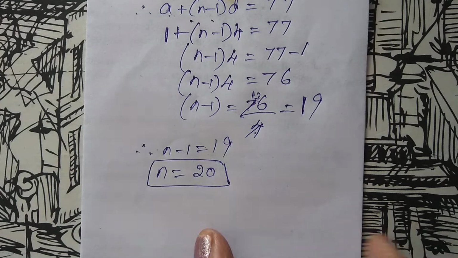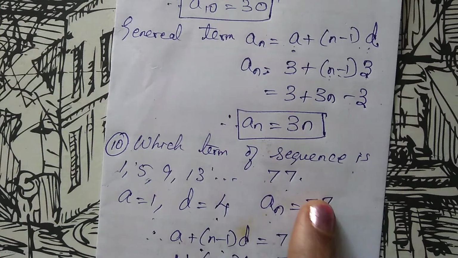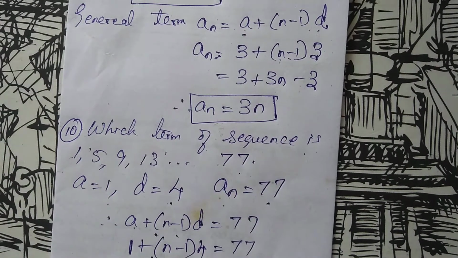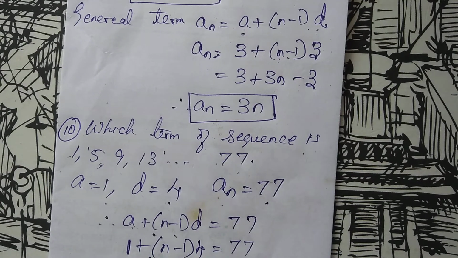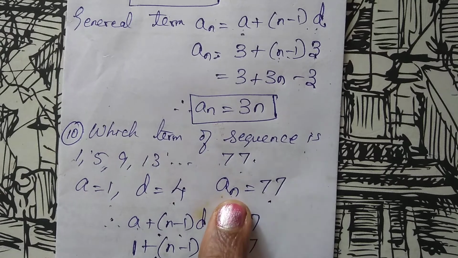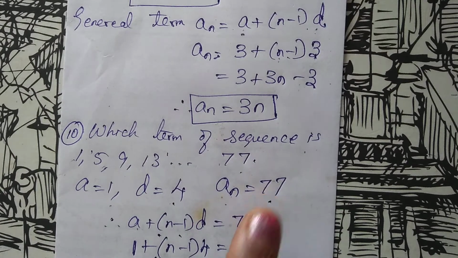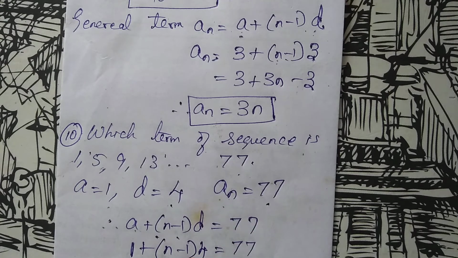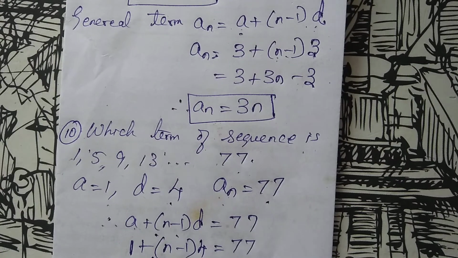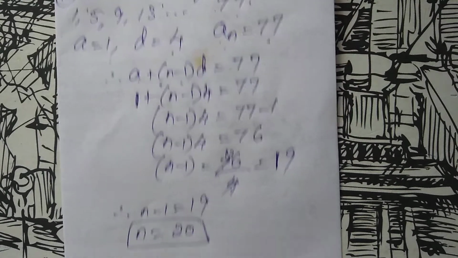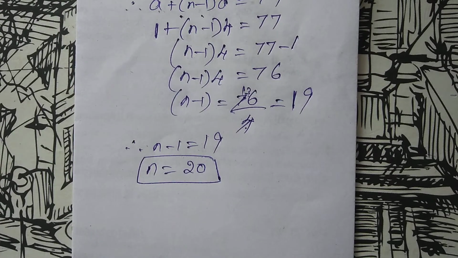So in the sum, they have given you a sequence and we have to find the number of terms. That last term is which term? So we are using the formula, the last term as An. An is 77. So A plus n minus 1 into D. You are substituting. Here to find n, we know the other terms from the given sequence. So we substitute the A value and D value and simplify to get the n value to be 20.